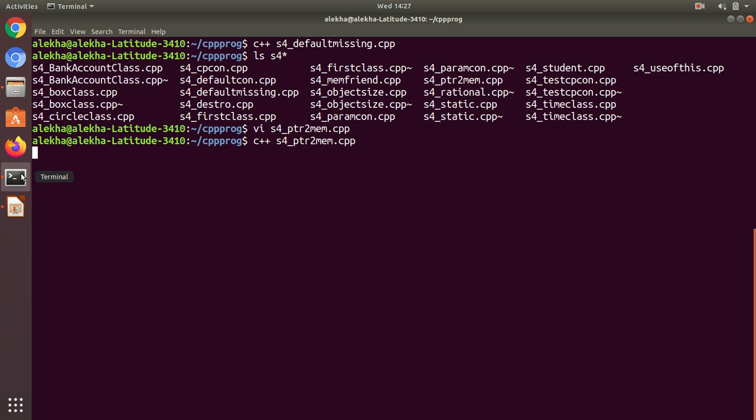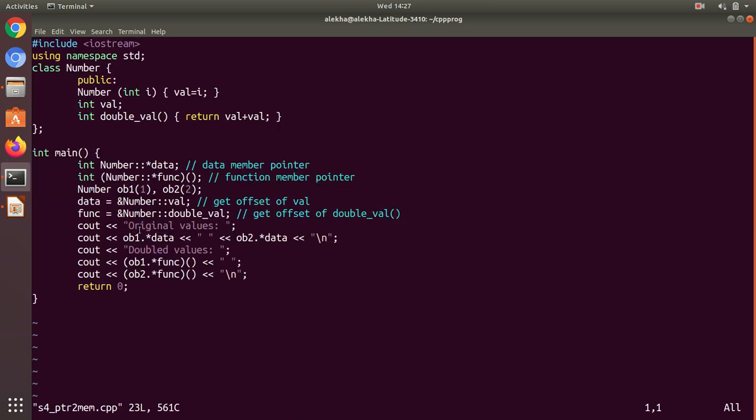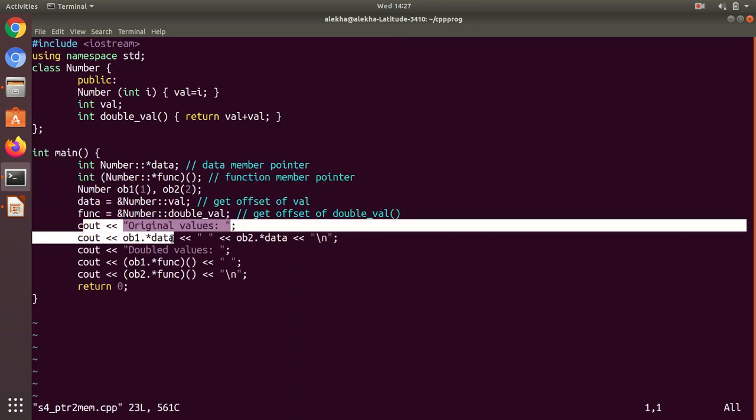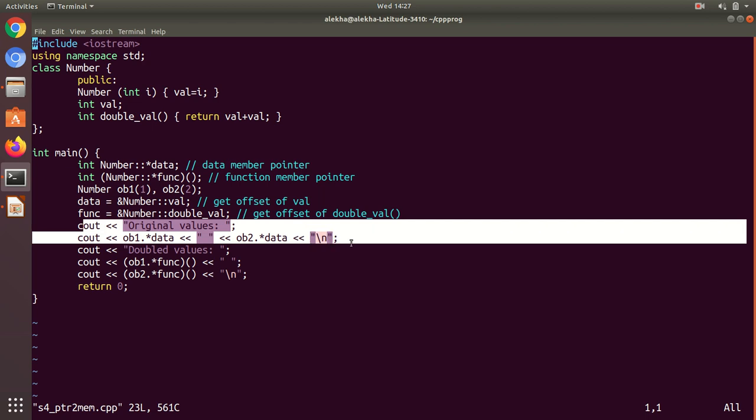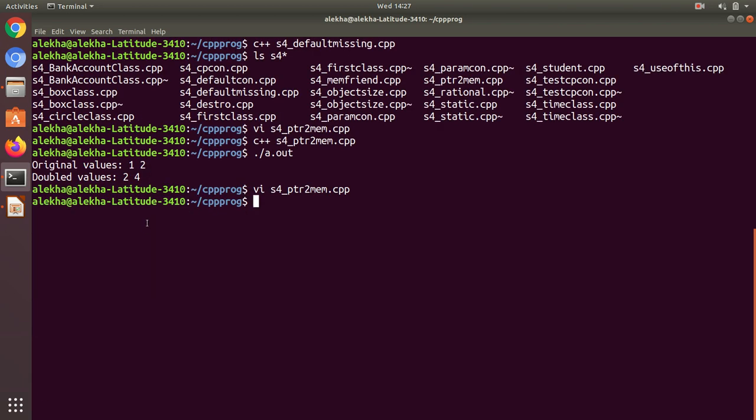So it's compiled successfully. Let us run. The original values are 1 2, because we are printing by using pointer to class members, that is data. The second one we are printing by using the function, calling the double value. Double value is doubling the value, so 1 becomes 2, 2 becomes 4.